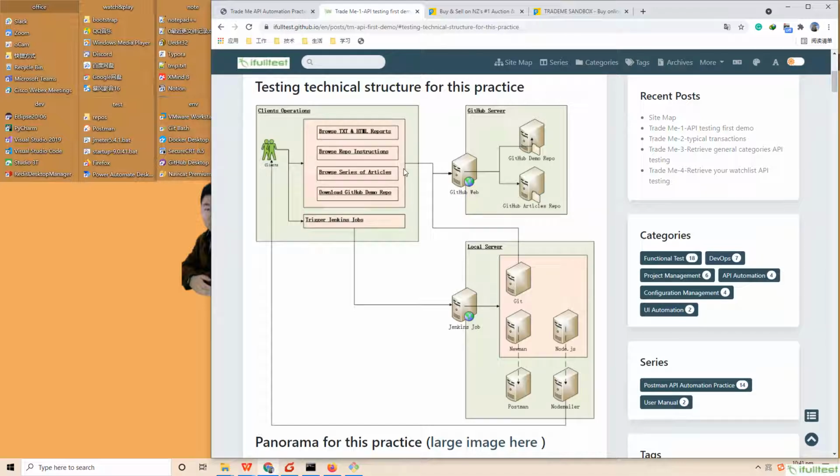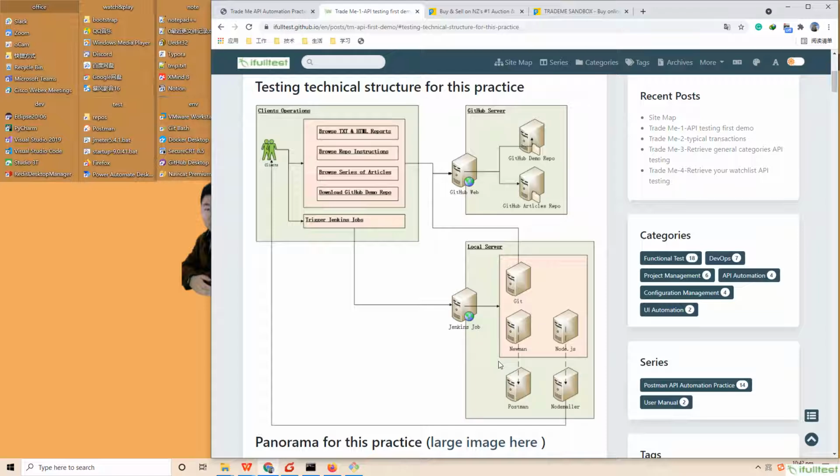The technical testing structure is as below. The practice uses Postman to code the API testing scripts and uses Newman to generate reports. After that, we use Jenkins to integrate the above process.